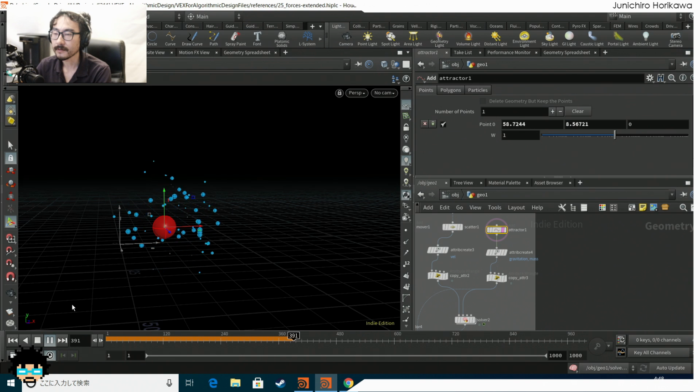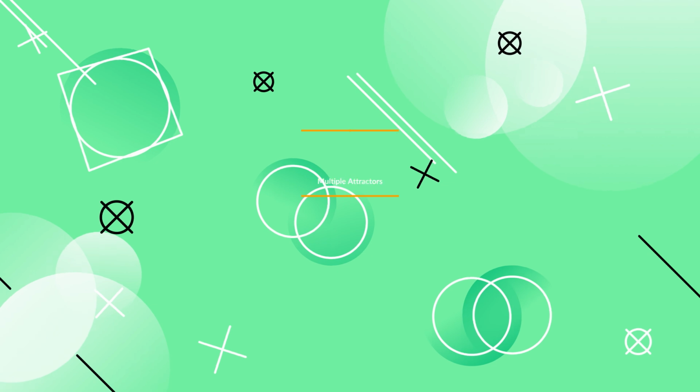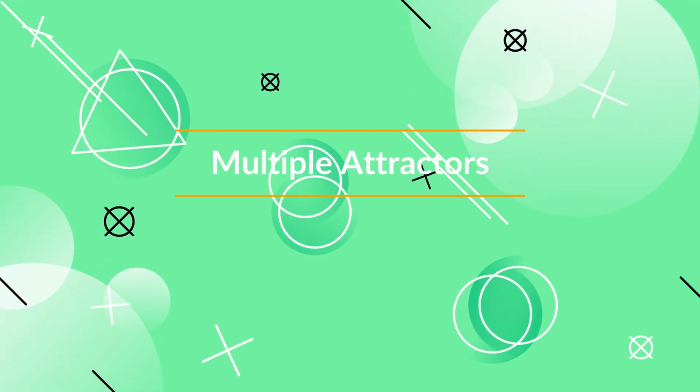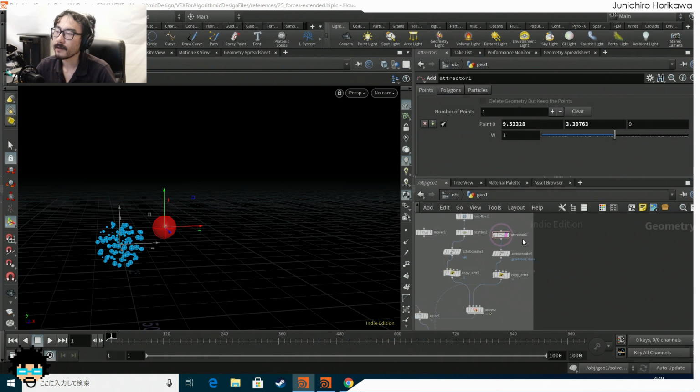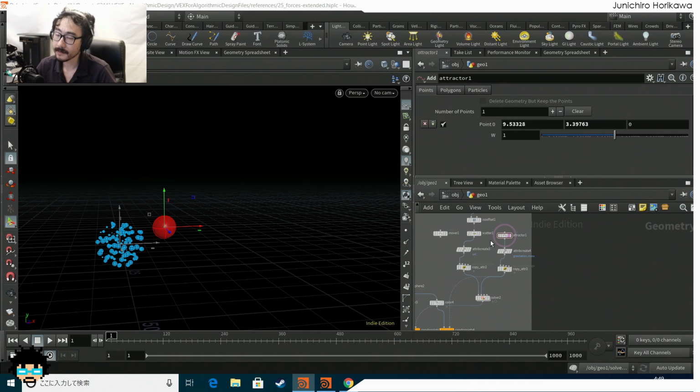Okay, now it looks more interesting. All right, so that's good. The next thing I would like to show you is how you could create multiple attractors. Currently, I'm just using a single attractor to move the whole mover objects, but what if we have multiple attractors? That's when this gravitational force becomes more interesting than the gravity, because for the gravity